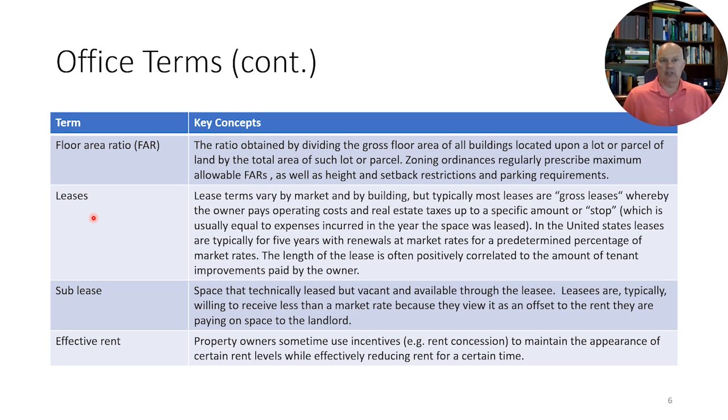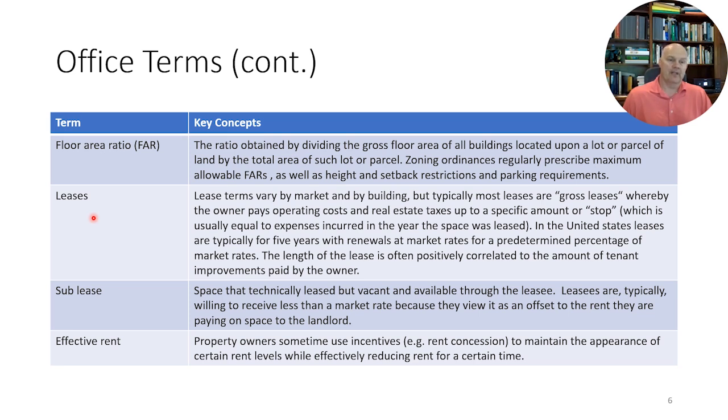In regards to leases, these vary by market to market and by building, but typically most leases are gross leases, whereby the owner pays operating costs and the real estate taxes up to a specific amount or a stop amount. In the United States, leases are typically for 5 years with renewals at market rates or a predetermined percentage of market rate. The length of the lease is often positively correlated to the amount of tenant improvements paid by the